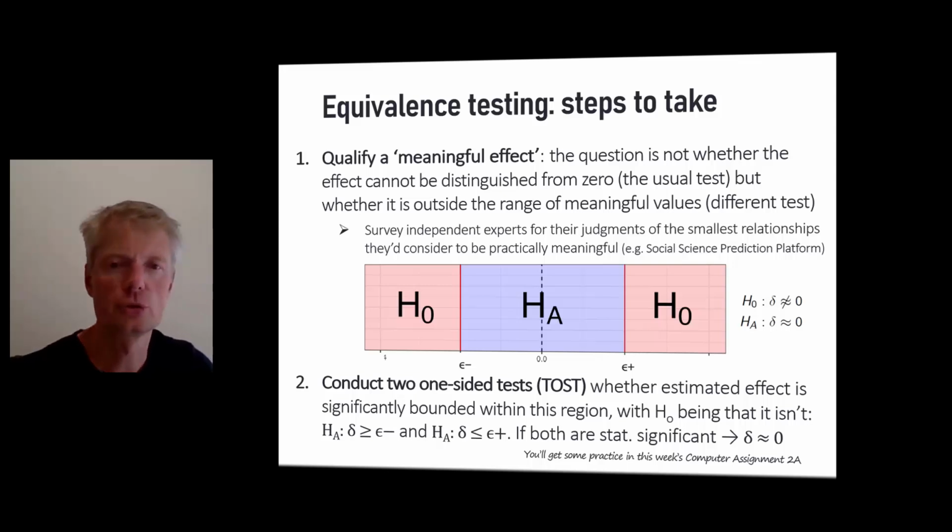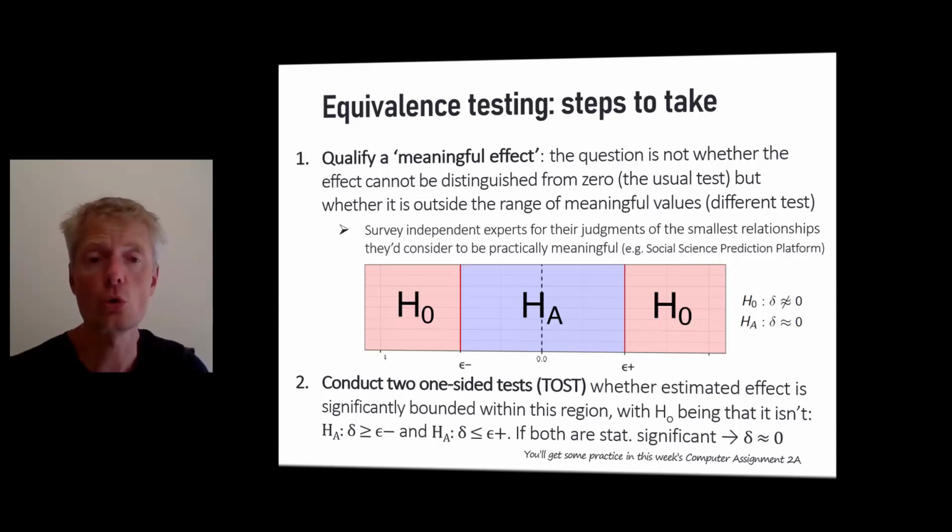And since we're always doing two-sided tests, it's between +2 and -2. So whenever the interval around the estimated coefficient is bounded within this region, -2 and +2, then we say, well, this is really negligible. But it may also be that your estimate is fairly imprecise and that it also covers